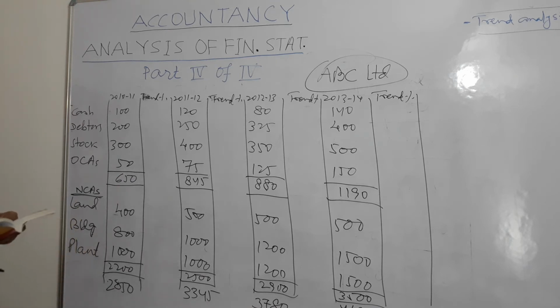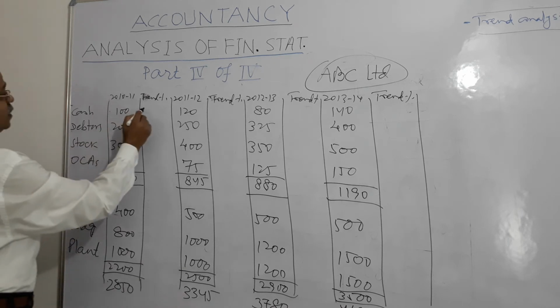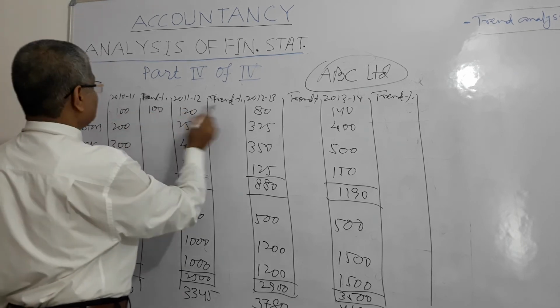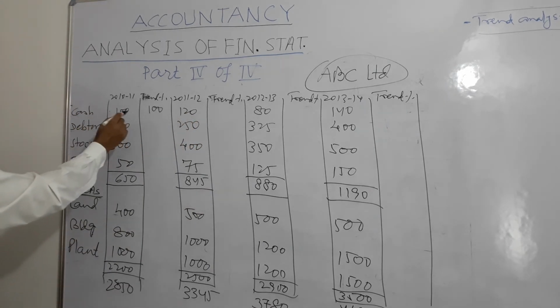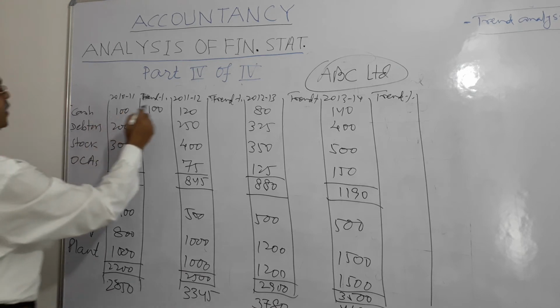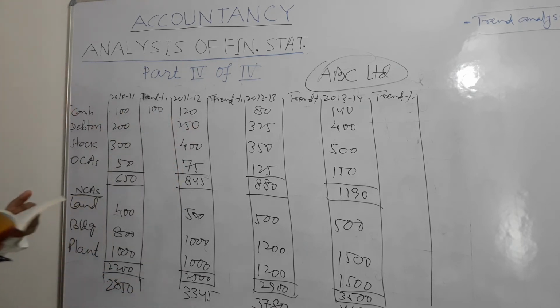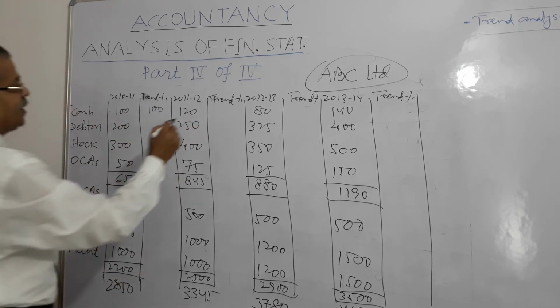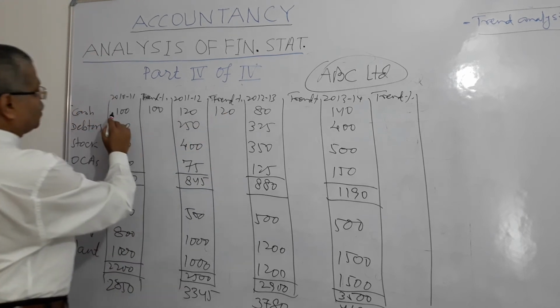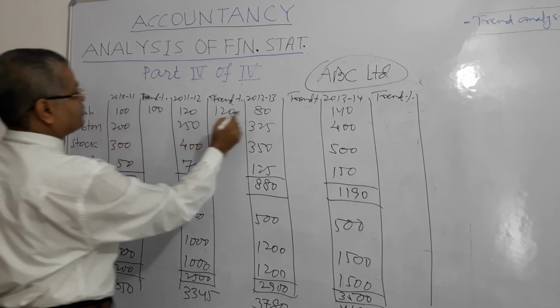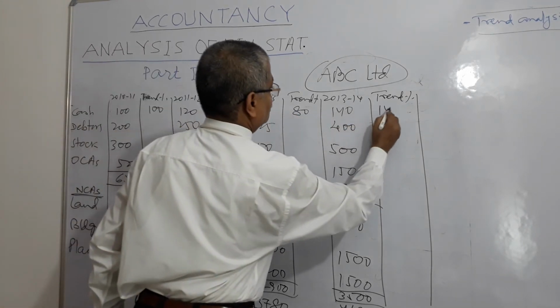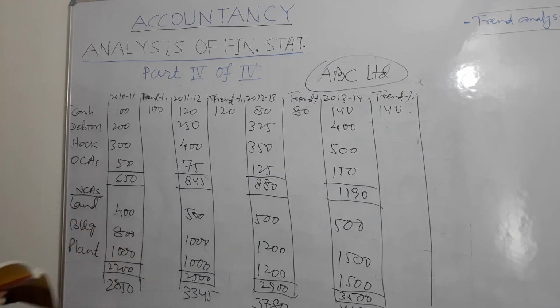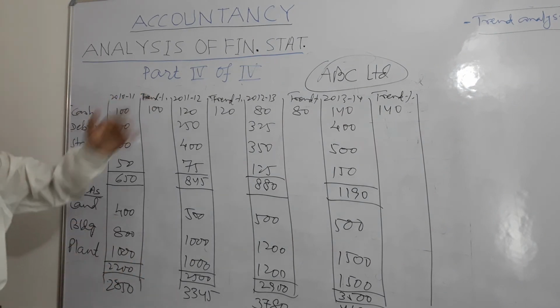So when it is 100, it will remain 100. First year, it was 100 and it turned 120. So what will happen? It will become 120. From 100 it becomes 80, so 80%. From 100 it becomes 140, so 140%. Right? 100, 100, 120, 80, 140. Since it is the first year, it will be like this.